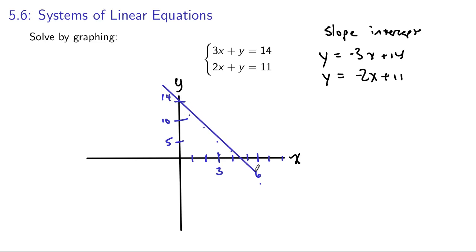Our y-intercept was 14. So if we have everything drawn in a straight line, we get right on our points. For the second line, we have a y-intercept of 11 and a slope of negative 2. So we would fall 2, run 1, so that's 11, 9, 7, 5, 3, 1, negative 1,